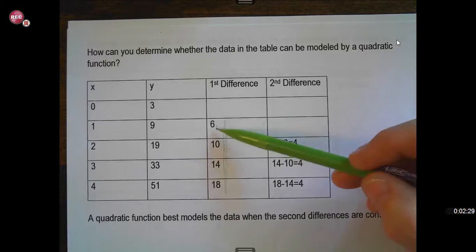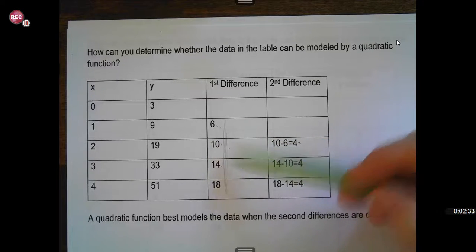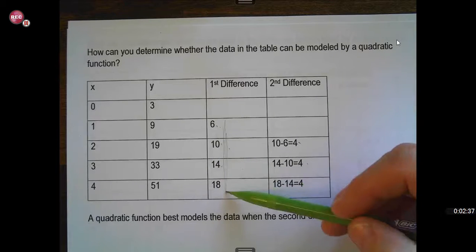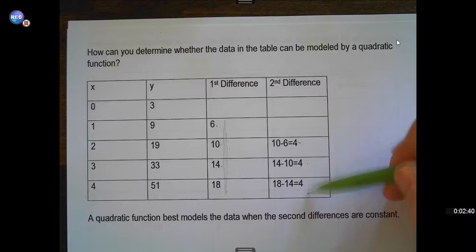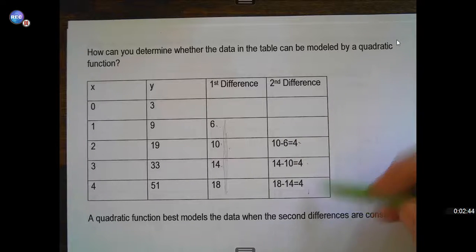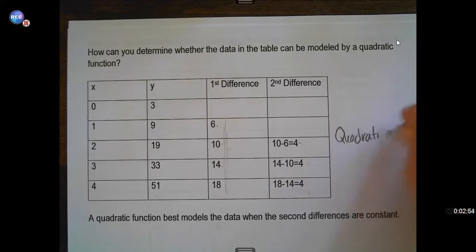So the difference between 6 and 10 is 4. The difference between 10 and 14 is 4. And the difference between 14 and 18 is 4. Therefore, when the second difference is constant, when the second differences are all the same, then we say this would be best modeled by a quadratic